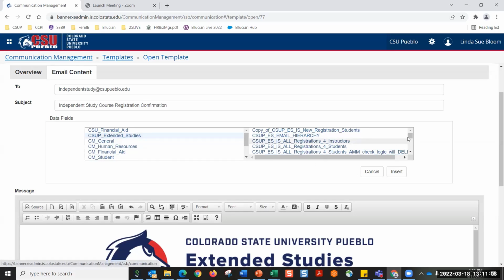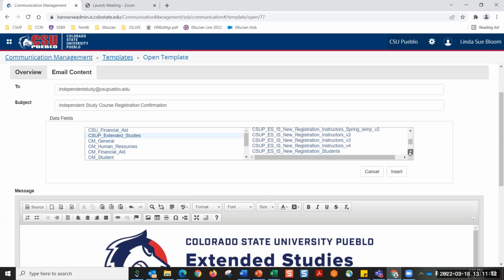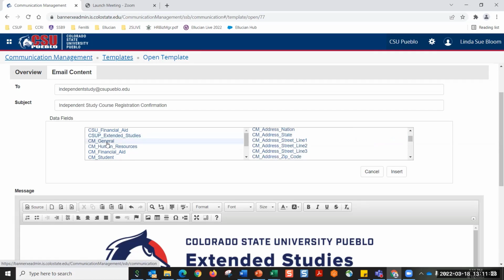So if you wanted to have a specific email go out, if you wanted to have a student's name, a certain kind of registration type, so on and so forth. As you can see, a lot of these have been created already, but I'll just click on general, and a data field is really what's going to pull from Banner. So if you had an address of a student, a zip code, so on and so forth, a current date,